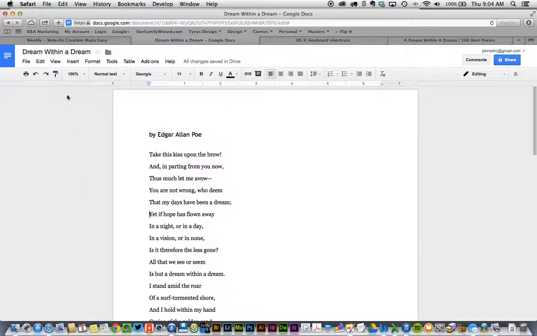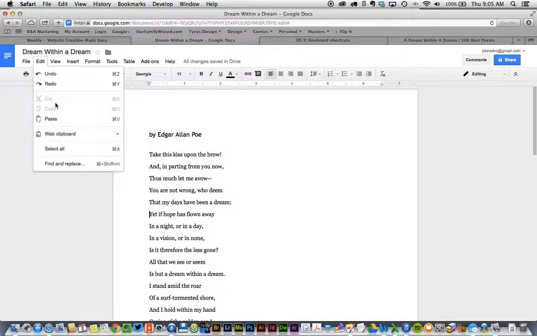use keyboard shortcuts. As a review, the keyboard shortcut for cutting is Command X or Control X. For copying, it's Command C or Control C, and for pasting, it's Command or Control V. The difference between cutting and copying is if you copy something, it's going to leave that original word or sentence there. Cutting is going to take it out, and we'll show you through that